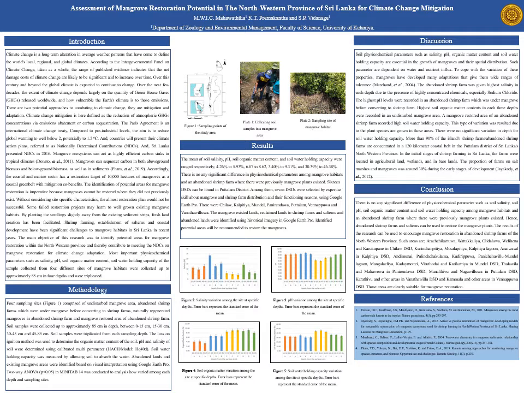Accordingly, the coastal and marine sector has a restoration target of 10,000 hectares of mangroves as a coastal green belt with mitigation co-benefits. The identification of potential areas for mangrove restoration is important because mangroves cannot be restored where they did not previously exist. The most important physicochemical parameters were measured.